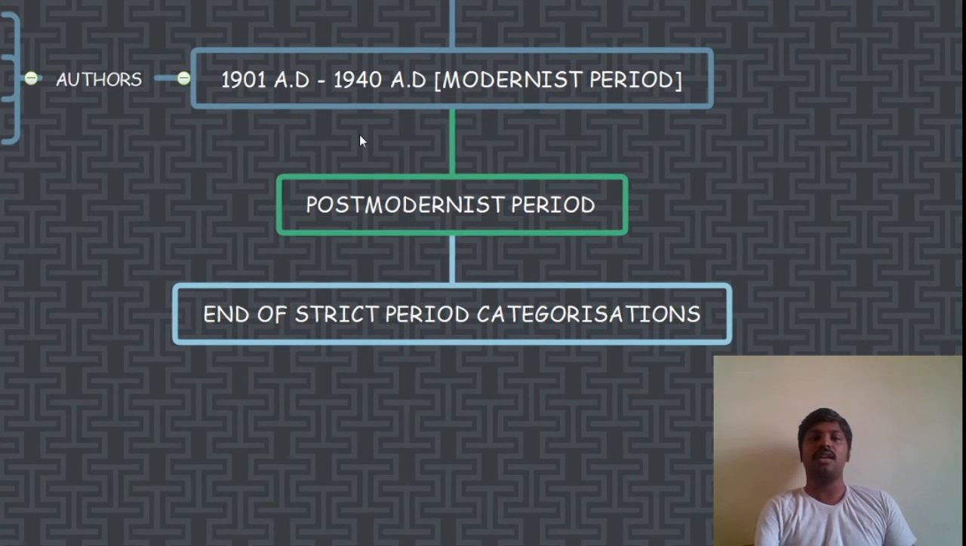Modernism, of course, led to postmodernism, and then with the postmodernism period, or the present, we have an end of strict periodic categorizations. That is, the modernist period came to an end in the 1940s. You could also say that the postmodernist period is not a strict categorization. It is an ongoing, continual thing that had been